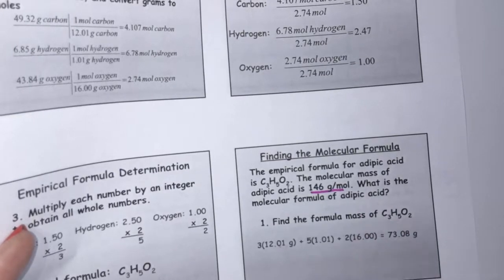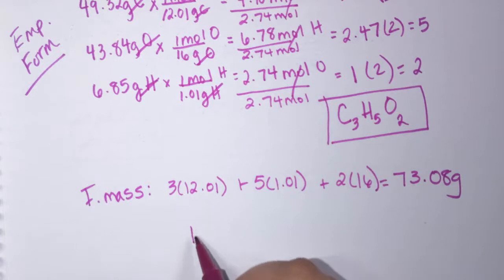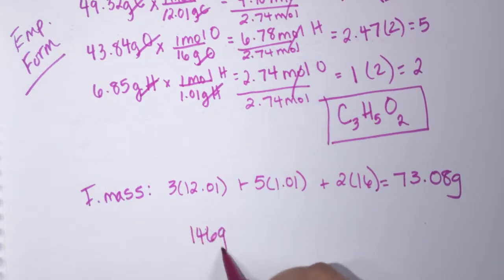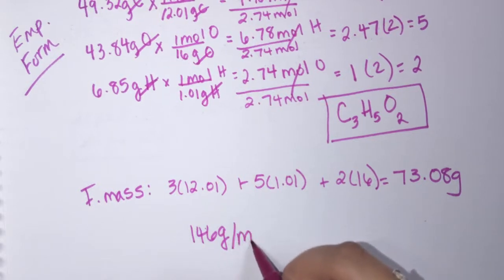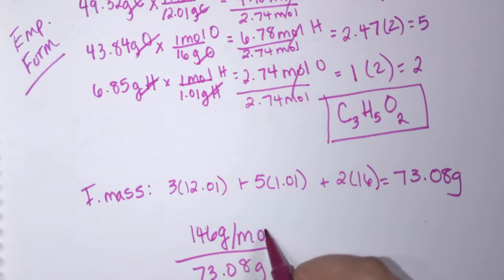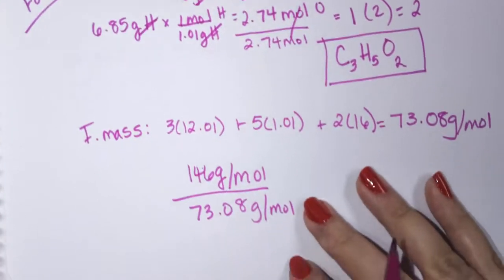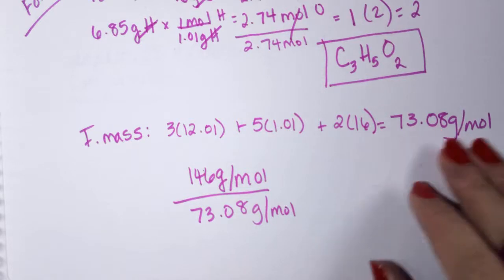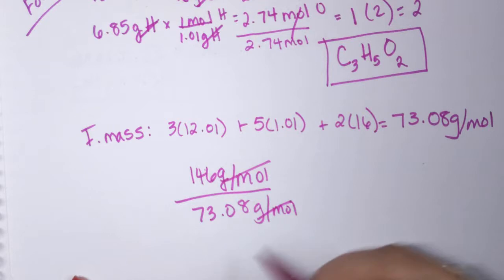So once we find our mass, we are going to take the molecular mass they gave us, which is 146 grams per mole, and we are going to divide it by the mass of our empirical formula, which is also represented by grams per mole as well. Remember, formula mass and molar mass are kind of interchangeable because anything we pull for the formula mass is equivalent to 1 mole. Okay, so our units are going to cancel out, and when we plug this in our calculator,